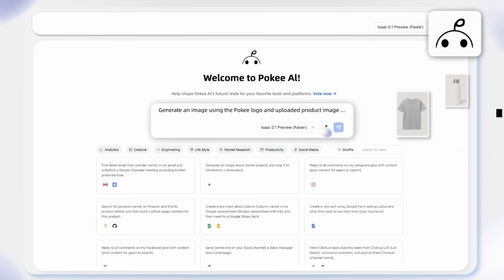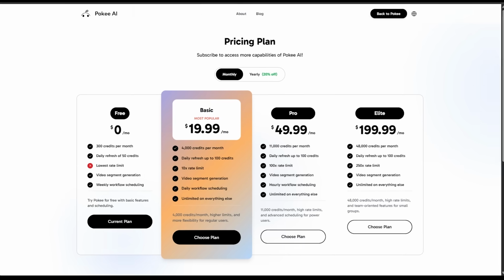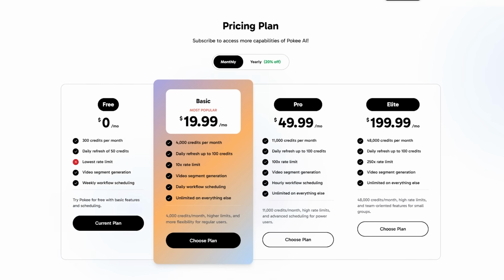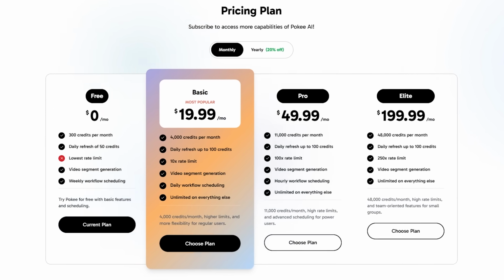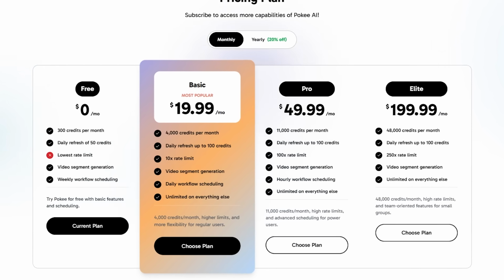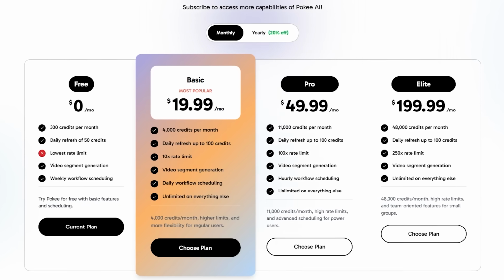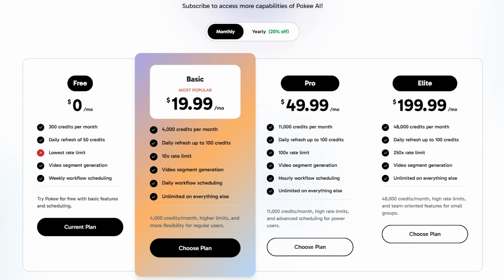Now it is time for some pricing and final thoughts. Pokey has a free plan that lets you dive into real workflows right away. And when you're ready to scale up, the basic paid plan starts at $19.99 per month for bigger and faster